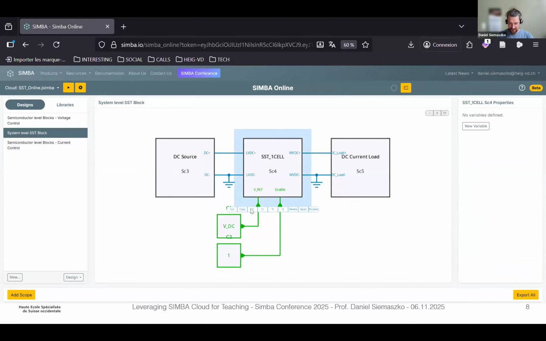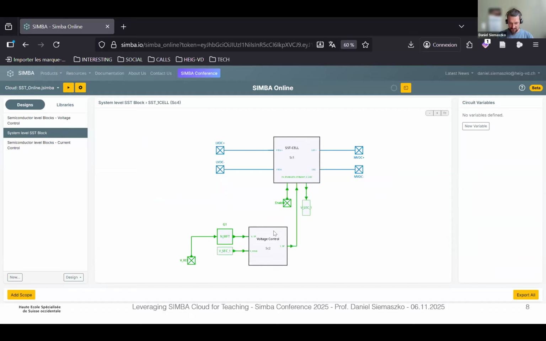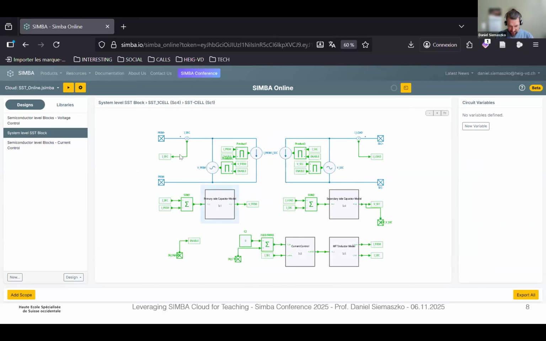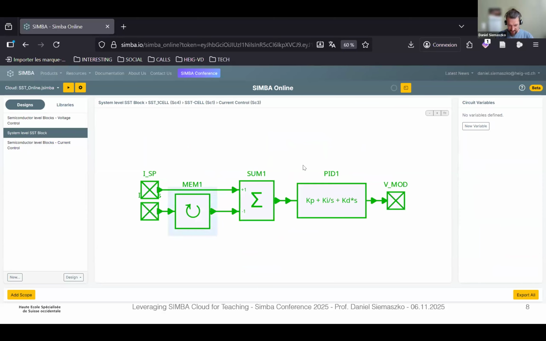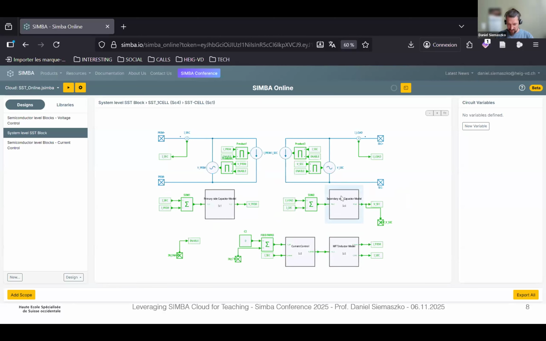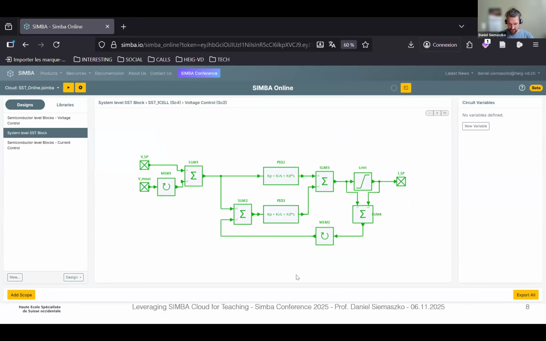If I go inside, I have a voltage controller giving a current set point to my SST cell. That one, by the way, can then be parallelized. We can put input and output in parallel or series to reach the MVDC stage. And here we have the model, so you can go a bit more into detail. You have the current controller, which is a very simple current controller without limitation. The MFT model, we have the capacitor models, and if we go one step higher, the voltage controller, that one